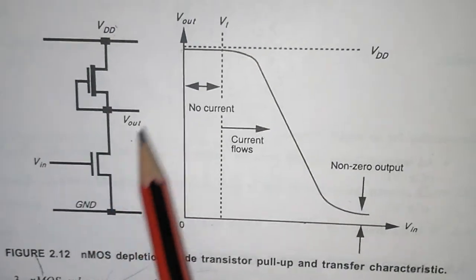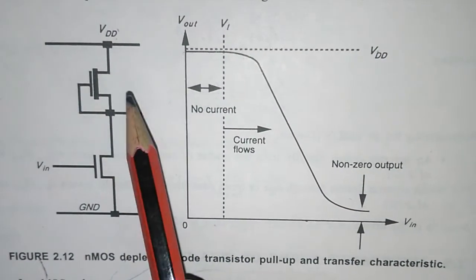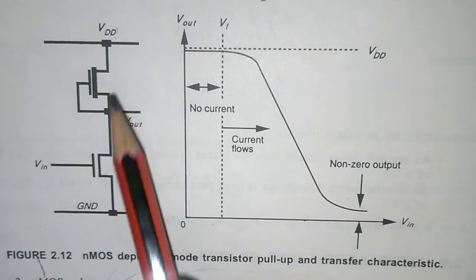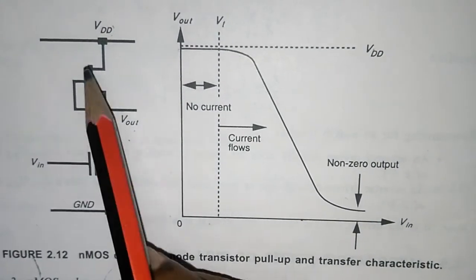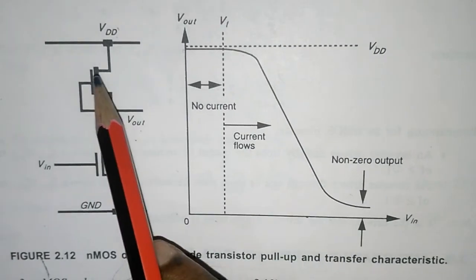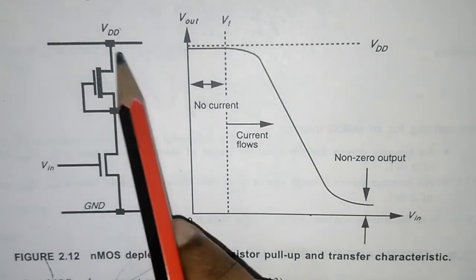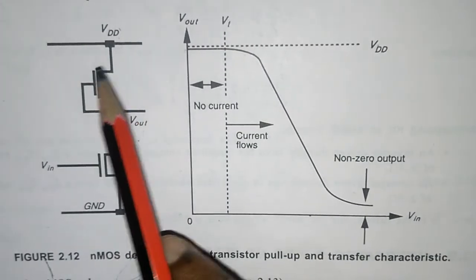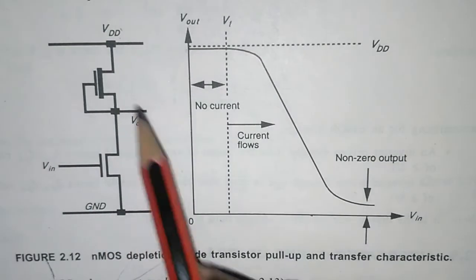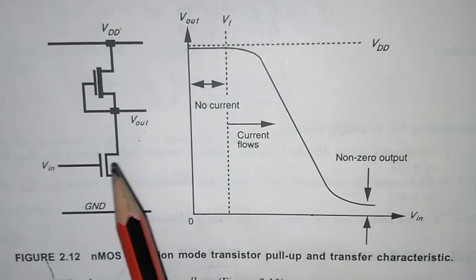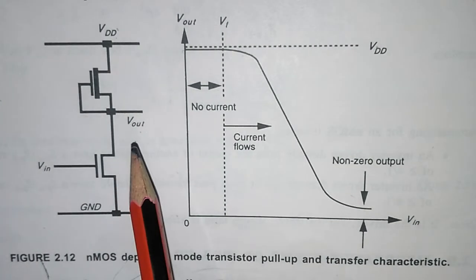So this is an NMOS inverter. In the NMOS inverter, you know that the pull up is a depletion type N channel MOSFET and the pull down is an enhancement type N channel MOSFET. Now you know the gate and the source terminals are short circuited. That means VGS is equal to 0, which means that the pull up transistor is going to be on at all times. So let us see what is the disadvantage of this and how this is overcome in CMOS, and how BiCMOS is better than just the CMOS.